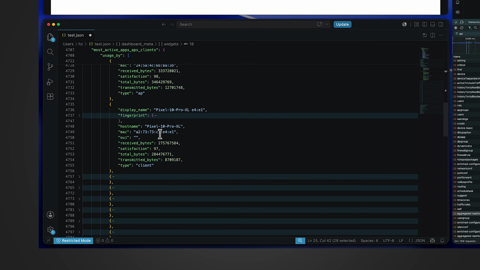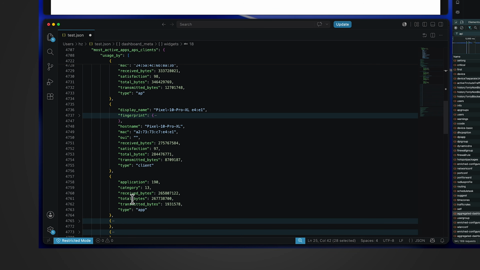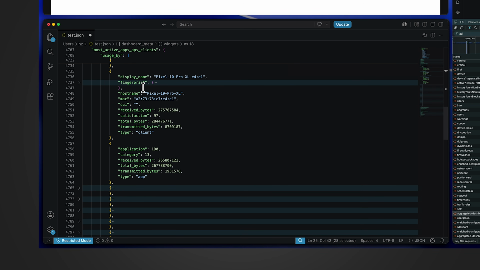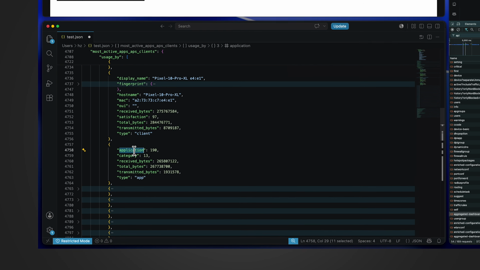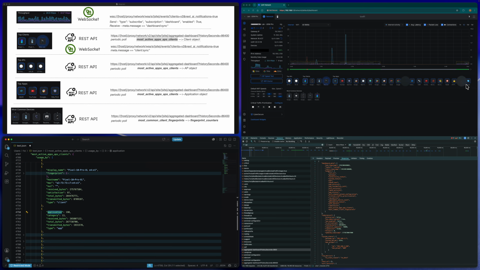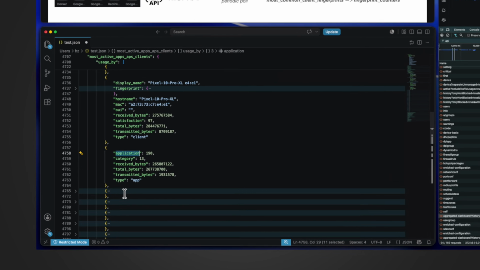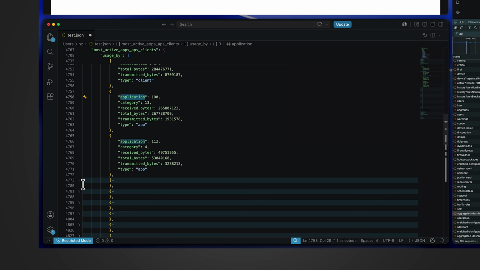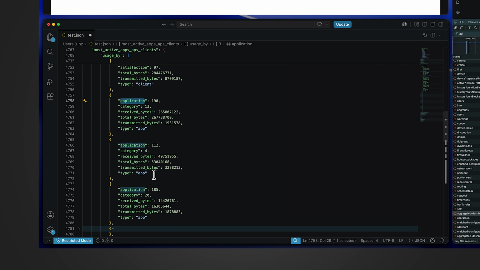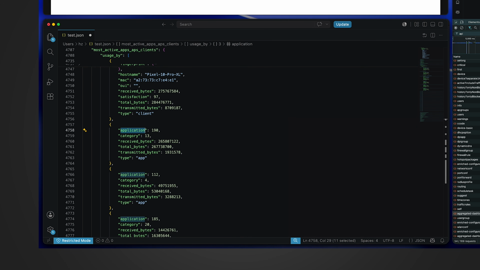Then what's the next one? The next one is the top clients. My Pixel phone. Next one is not about clients. It's about application. Application is about this part. This is one of the applications. See the next one, another application, another. So basically in this way, the system provides all the information for each individual icon, which we can see on